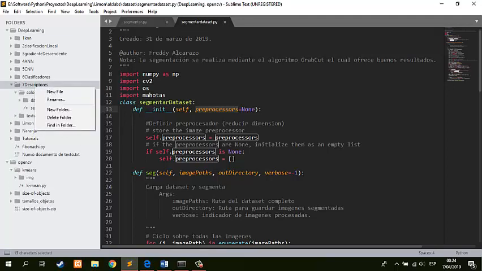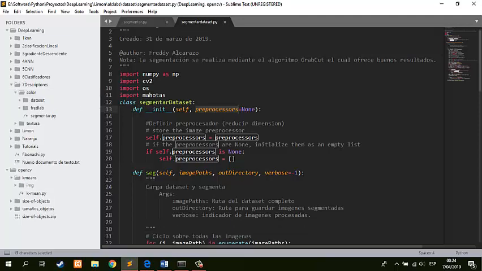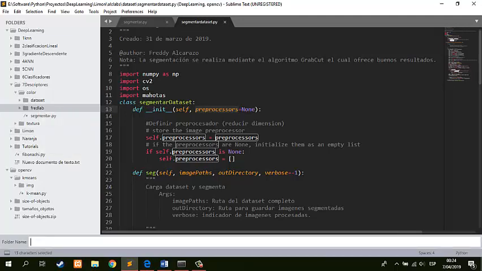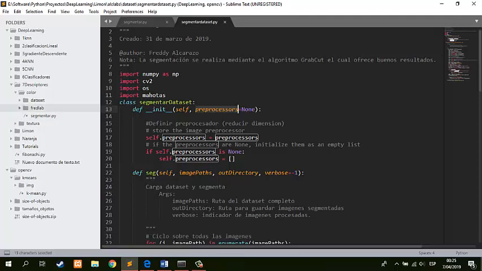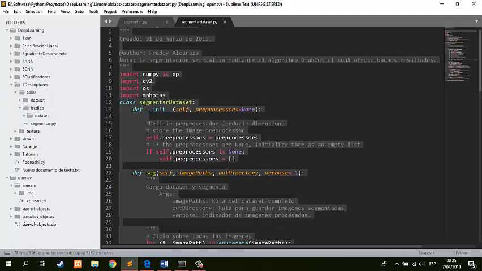I'm going to create a new module, new folder, FruitLab, and inside FruitLab I'm going to create a folder that I'm going to call dataset. Inside dataset I'm going to paste it,